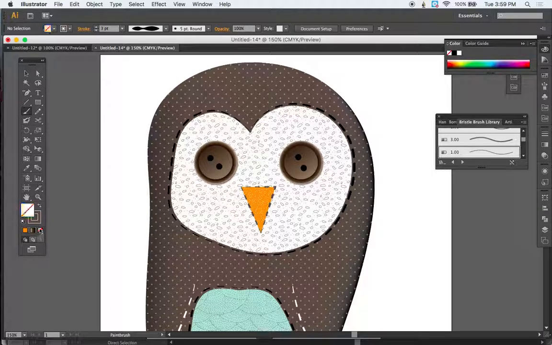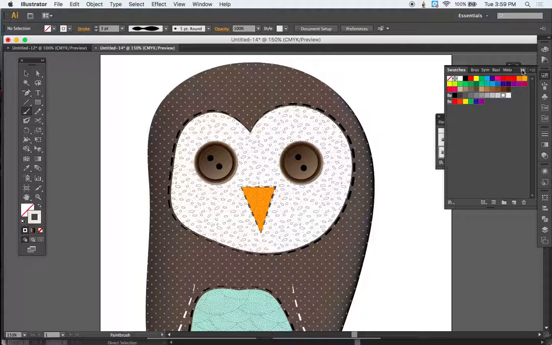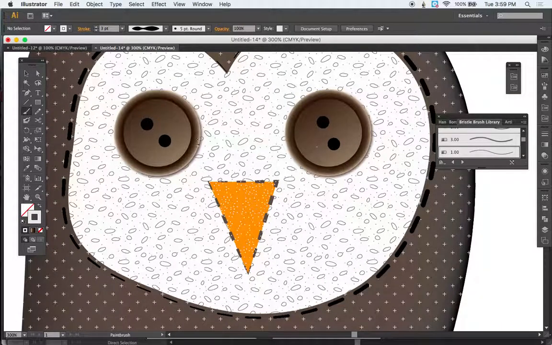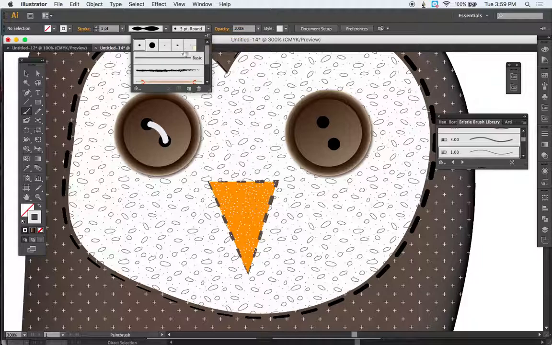Go down here, take the fill away, and I'm going to choose kind of a grayish white almost. Zoom in here, and then take my point size down on my brush to 1 and just draw across here. Now, for some reason, that reset, so let me choose